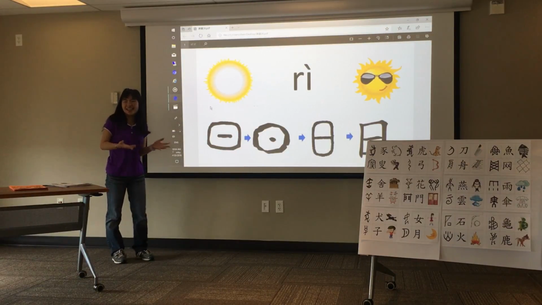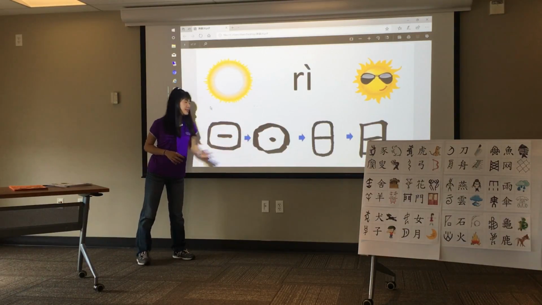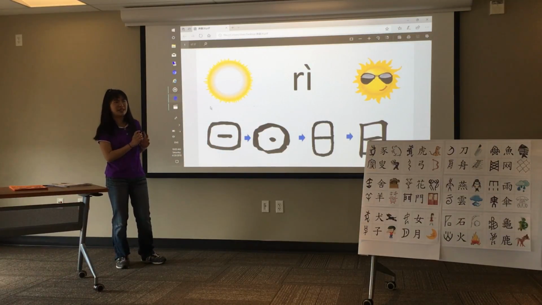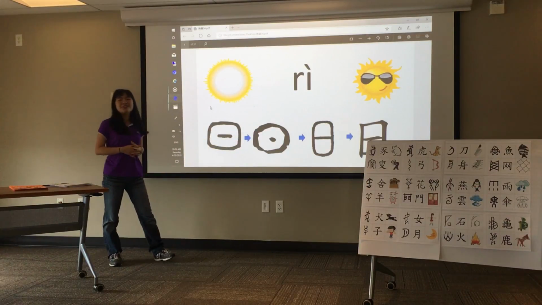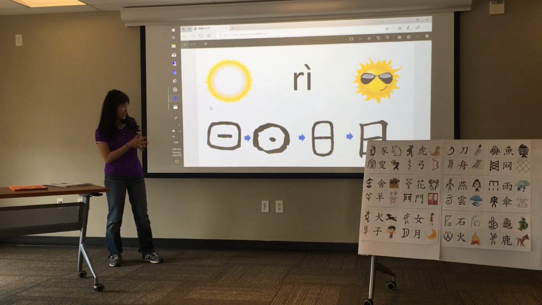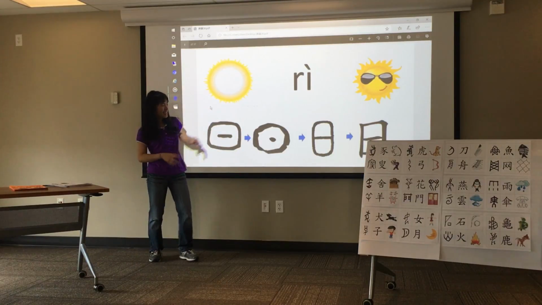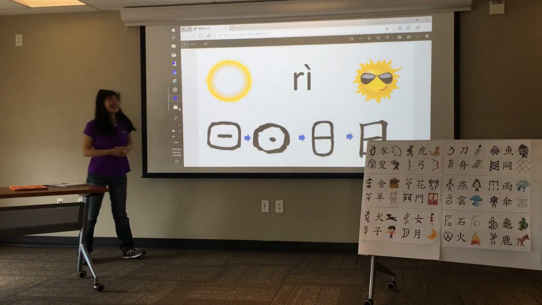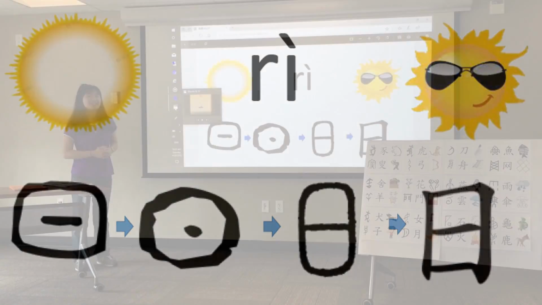That line represents flame. So over time, this is the picture of a sun, and for that dot in the middle, some people say it's because ancient Chinese people had really good eyesight. So they saw sunspots in the sky. And for those of you who know astronomy, a sunspot is a cooler region in the sun. And over time, that is the word for sun that we're using to this day. And for that line, if it helps you remember, it's like the sun wearing sunglasses. So this is the word for sun, and it's pronounced zhi. Repeat after me. Zhi. Zhi.